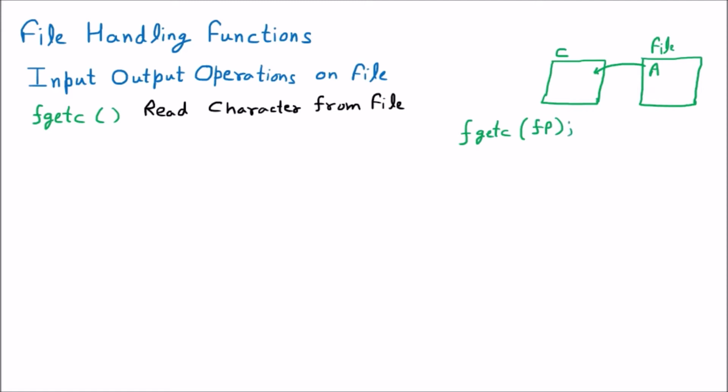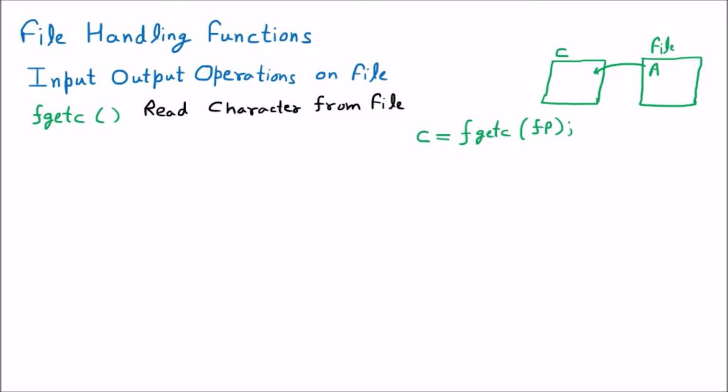Now whatever character is read should be stored inside some character variable. So c is equal to fgetc(fp). So fp is going to open some file, and from that you are going to take the character and store it into c. I'm taking a small piece of code to make you understand more about the fgetc function.